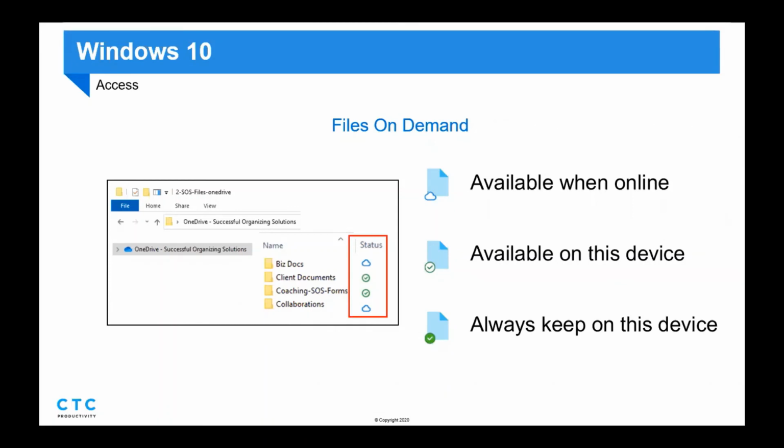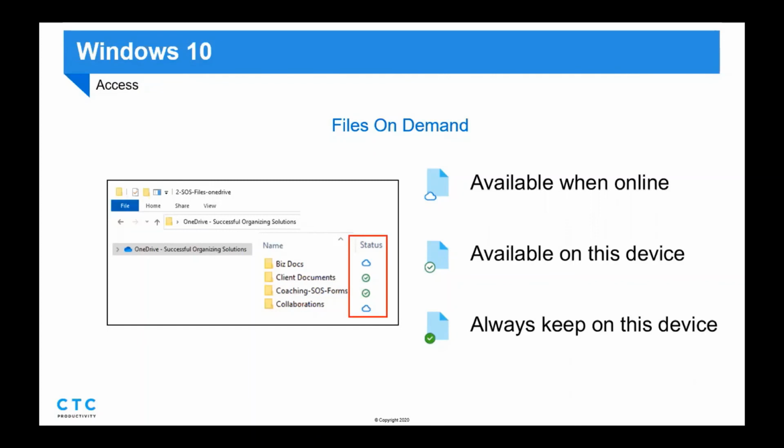But if I look at the status column, for the business documents folder I'm only seeing the folder structure, because all the files actually still live out in the cloud storage until I click on it and go to open up one of those files. And then based on what the status icon is, either the cloud or the green check mark or the white check mark,